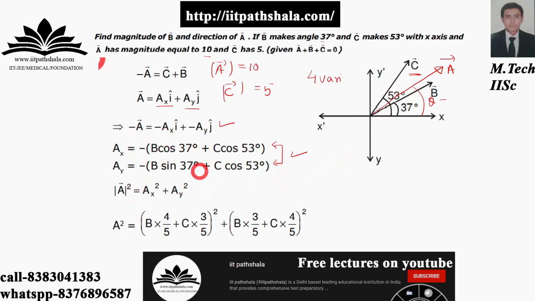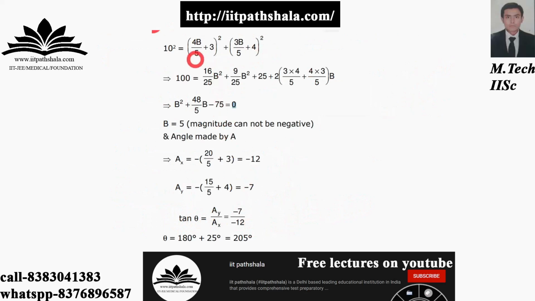Now I know that these are the equations which I am having, in which b and c values are not given. Okay, c value I know that it is having a magnitude of 5, but I cannot bluntly put it over here. Okay, I can put it, but I will be putting it in the later stage. But I do not know the value of b, and I have to find that magnitude. But I know that magnitude of a is given to me, so I can pretty much write this resultant value over here. Put these two equations over here, in which value of c is given to me as 5. Do the necessary algebra, and you will be landing up with the following quadratic equation. Fine. Solve this quadratic equation, find the value of b.